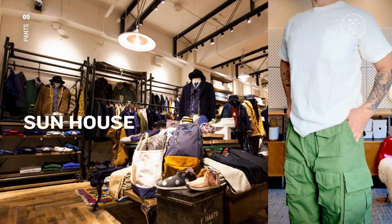But trust me when I say that if you're someone who loves spending time secondhand shopping, it's really hard to beat the experience in Japan in terms of quantity and quality. I picked up these Engineered Garments French Army-inspired fatigue pants in ripstop cotton at a shop called Sun House in Harajuku. Lots and lots of pockets, as you can see, and I will never say no to an extra pocket